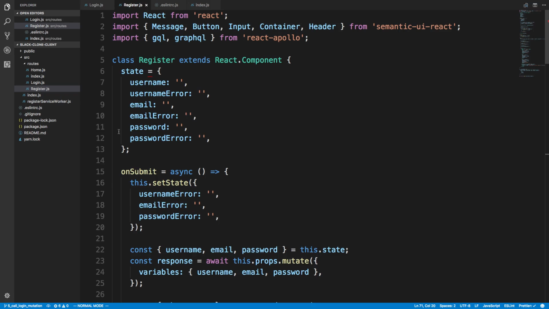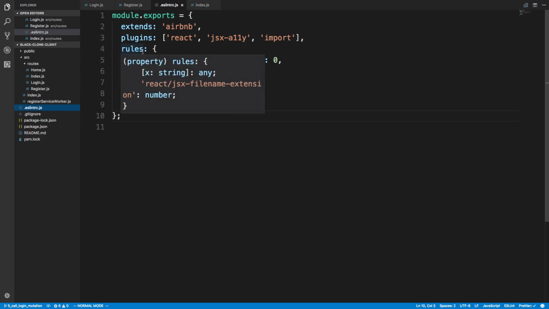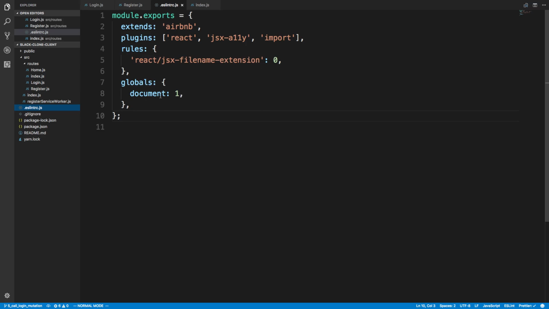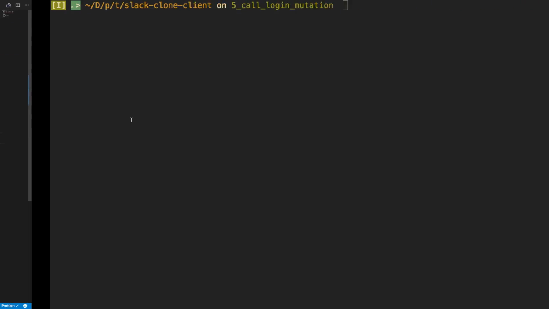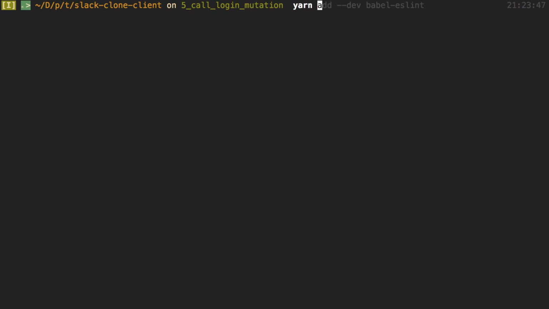So to fix this guy, what we need to do is use a different parser. So on our ESLint file here, this is our setting. We can actually specify a different parser, and the parser we want to use is Babel ESLint. And then we also want to set the environment, and we're going to use the browser environment. And now because we're using the Babel ESLint parser, we need to go ahead and install that. So I'm going to say yarn add dev Babel ESLint,